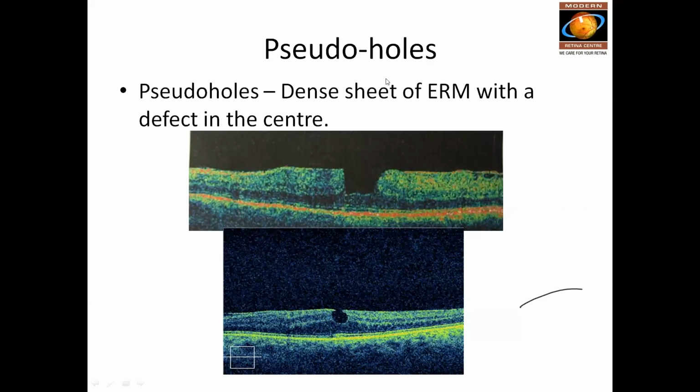The other term is pseudo hole. What is a pseudo hole? A pseudo hole also occurs especially when there is an epiretinal membrane. There is actually no tissue loss in these pseudo holes. Because of the presence of the membrane, there is accumulation of fluid. There is some amount of spongy thickening in the retina adjacent to the fovea, causing thickening of the layers on either side except the fovea, giving the appearance of a hole there. This is called a pseudo hole. It is an ERM causing edema except at the fovea, causing a hole-like appearance. There is actually no hole there.